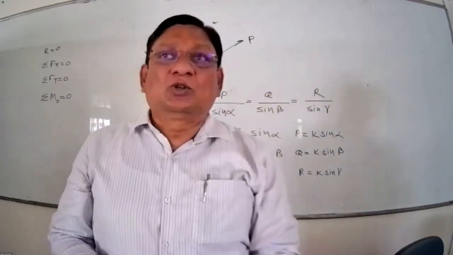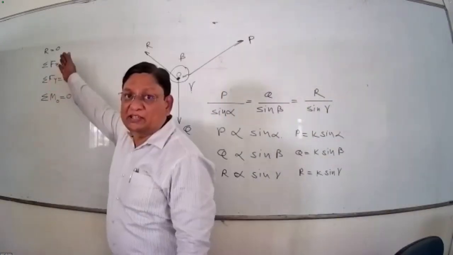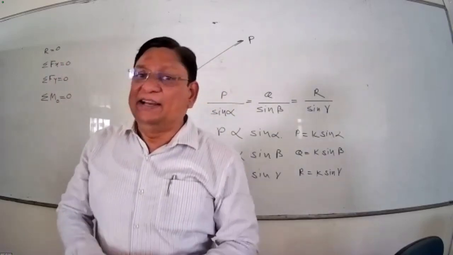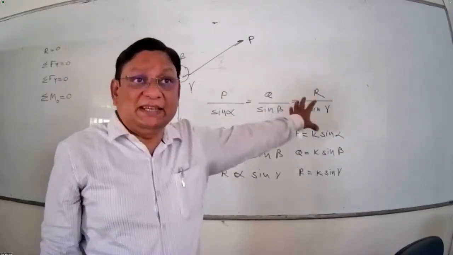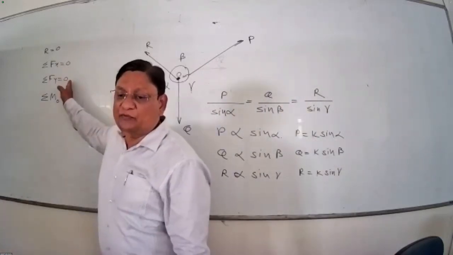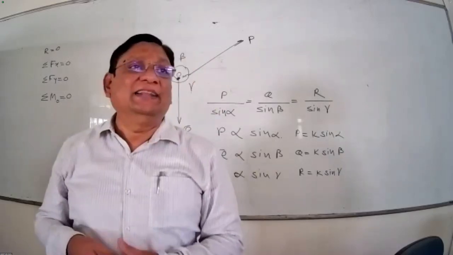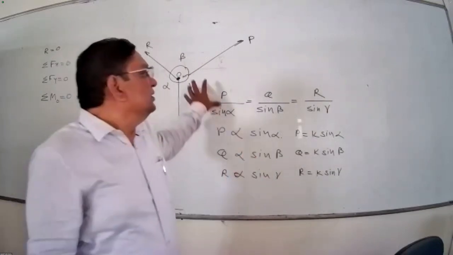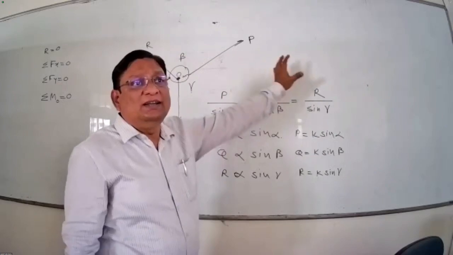So what happens here? This reduces our calculation part. Otherwise, we have summation of Fx, summation of Fy. If three forces are acting in the system and they are in equilibrium, better you go for Lami's theorem, because for calculation purpose it is easy. Even if you don't want to go for this equation, straight write the equation summation of Fx equal to 0, summation of Fy equal to 0. That method also you can apply here. When we solve the numericals, at that time we will apply both, and whichever you find easy you can apply. But whenever there are three concurrent forces, better to go for Lami's. So this is Lami's theorem.